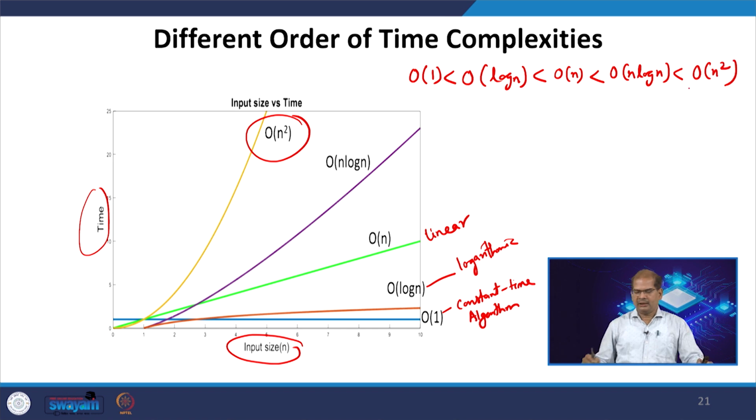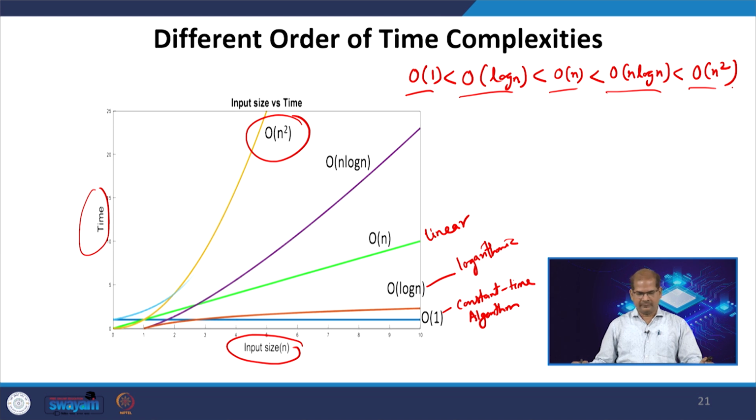If I have multiple different algorithms, the constant time algorithm will take the least time. Then comes big O of log n, then the linear time algorithm, then n log n, then